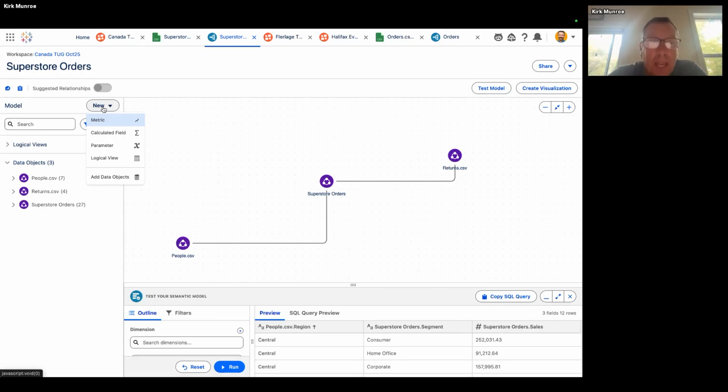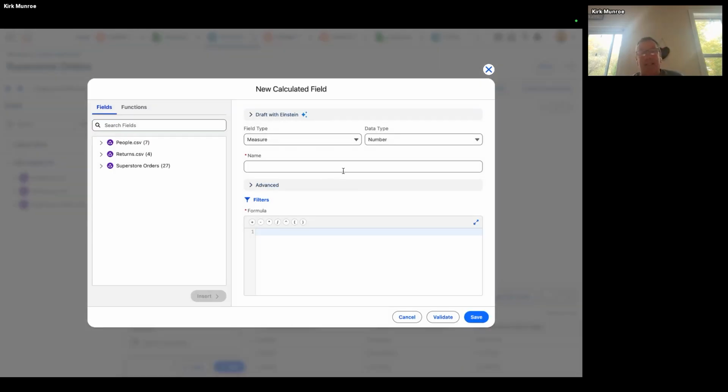But here it's the same thing. You can build it either in your semantic model or you can build it inside your visualization. So again, think of your visualization as a piece of a workbook. What is kind of nice about this is for calculated fields, they do a good job of